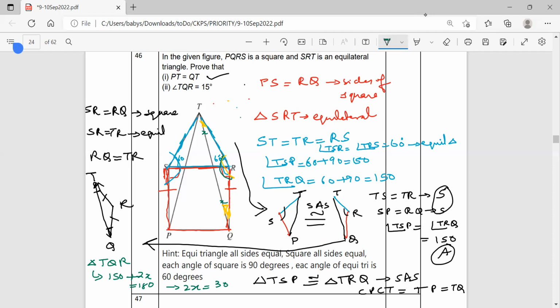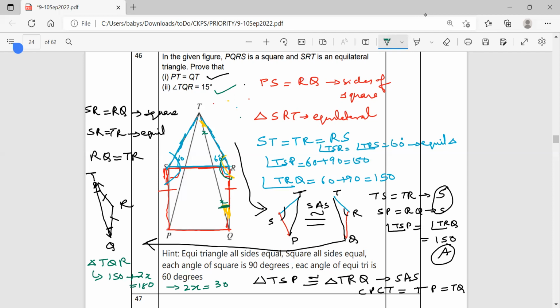x is nothing but angle TQR. Yeah, angle TQR is x, isn't it? See, angle TQR is 15 degrees. So you can also say TQR or QTR. Even QTR is the same angle. If they were to ask you to prove that, it's the same logic, because angle TQR is equal to